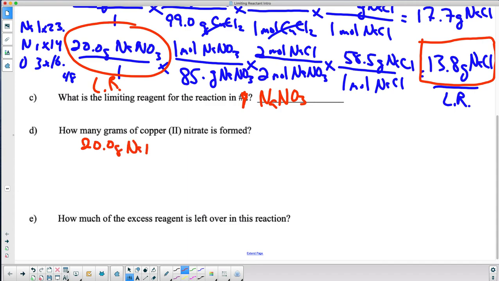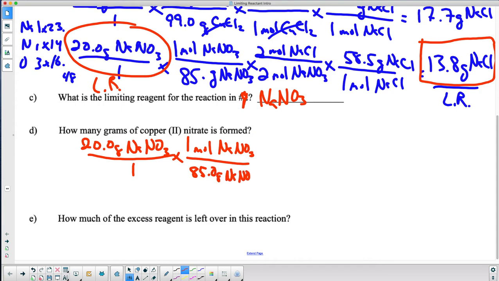Now it actually gets a little bit easier because I'm not doing all of this from scratch again. So that's going to be 1 mole of NaNO3 like this. I always start with the limiting reactant when I'm finding the other product. So the limiting reactant is the key, and that is 85 grams of NaNO3. Now I do the same mole to mole conversion I did before, except in this case I'm doing copper,